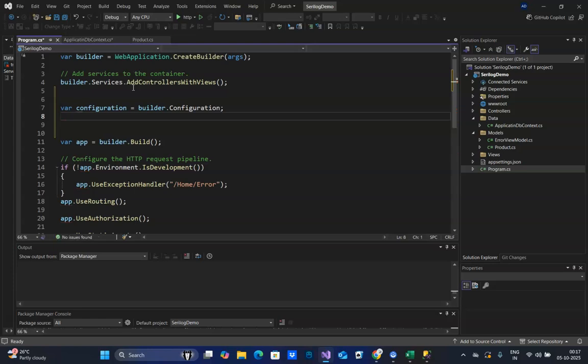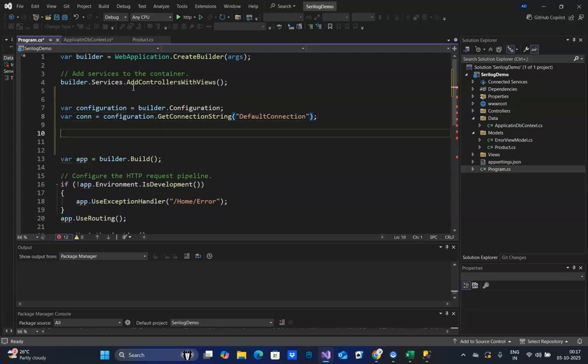Okay, and var connection equals configuration.GetConnectionString, and this will be my DefaultConnection that is mentioned in the appsettings file. And after that I'm going to say builder.Services.AddDbContext. Here I'm going to refer my